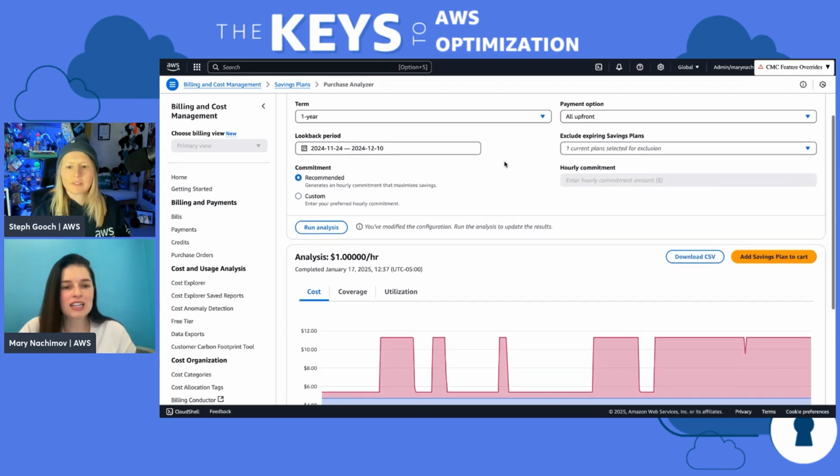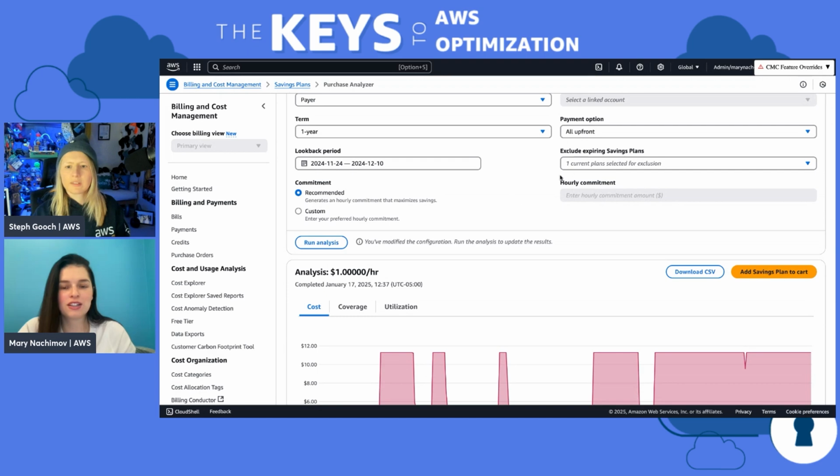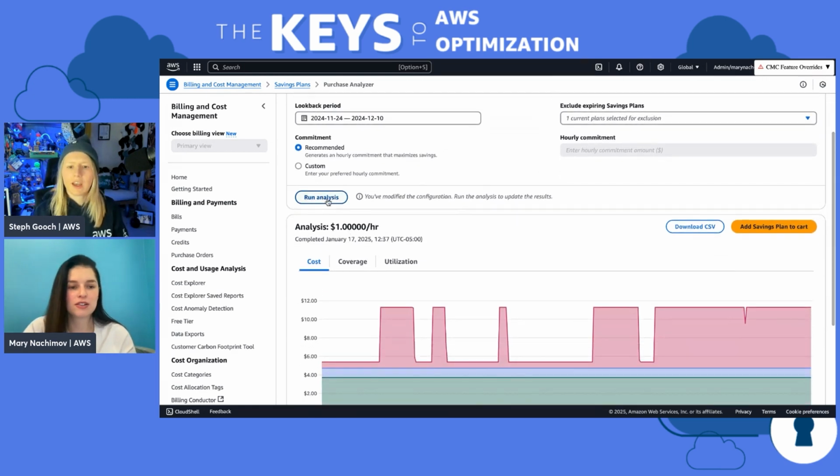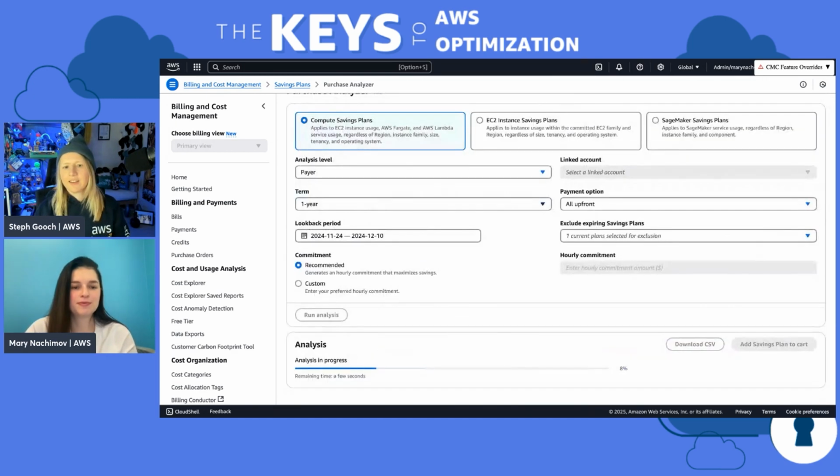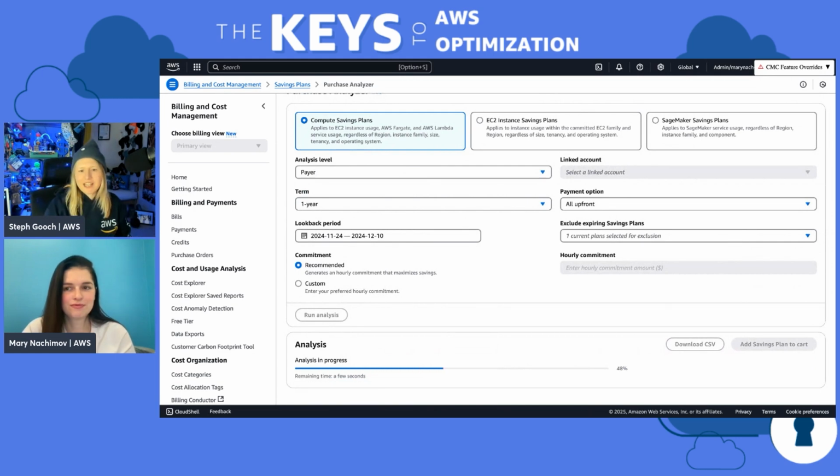So now I'm basically getting a recommendation. With the current on demand I have, and after I have my expiration, what should I buy? That's what we're asking, basically. What should I buy in the future? Yeah, let's see. I wanna use the smarts of the SPA analyzer to figure it out because